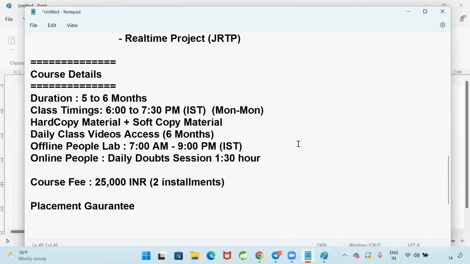Sir, I am from a civil background, can I get a job in IT? 100%. Sir, I have 50% in 10th class, +2 or BTech, can I get a job in IT? Yes, you can get it. No problem. Sir, I have some backlogs in BTech, my BTech is not finished yet, can I get a job? Yes, you can get the job.